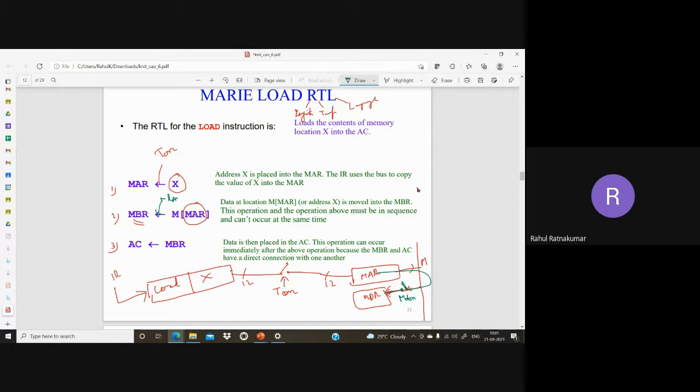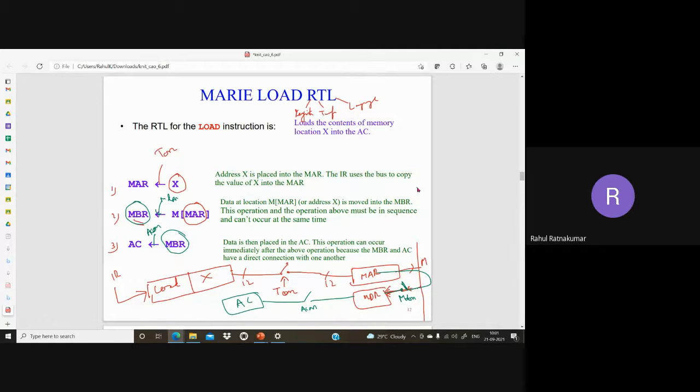Now MDR is also called MBR, memory buffer register. The next step is that MBR has to transfer the data to the accumulator. Accumulator is here. There is another switch connecting data from the MDR to the accumulator. So this may be accumulator on, a switch like this. So here the switch, or the MOSFET or the transistor which allows the signal transfer from the MBR or MDR to the accumulator, is on. Okay, so these are different switches you can see.